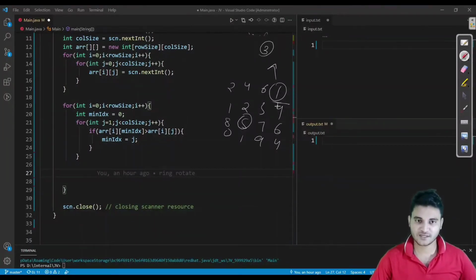So we'll check if there is any element which is greater than this in this complete column. If there is no greater element in this column, then of course this is going to be the saddle point. Take an example of this: we were in this row and we found this as a minimum. We'll check whether there is any element in this complete column which is greater than this. There is no greater element than this, so of course this is going to be the saddle point.